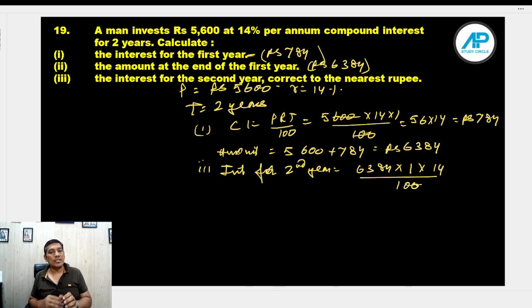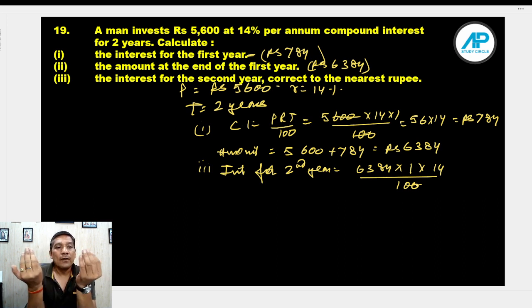Right, I guess the question is clear to you. मैंने पहले फर्स्ट ईयर का इंटरेस्ट फाइंड आउट किया, वो आया 74 रुपीज. फर्स्ट ईयर का अमाउंट फाइंड आउट करिए 6384 रुपीज. On that, get the amount at the end of 1 year और this value आपको इंटरेस्ट निकालना है थर्ड ईयर